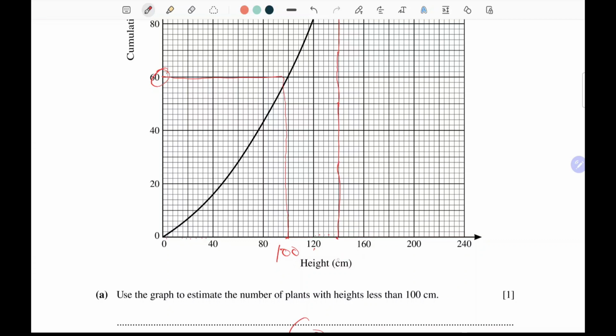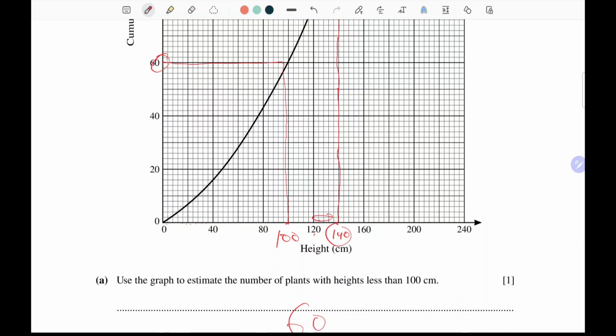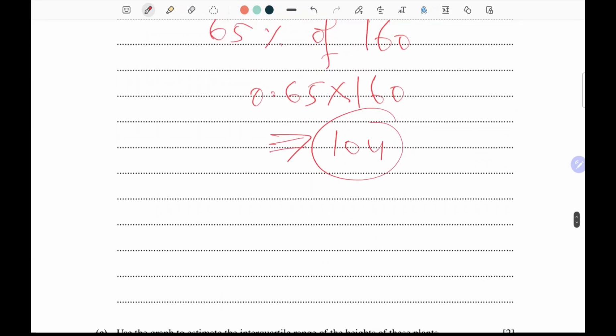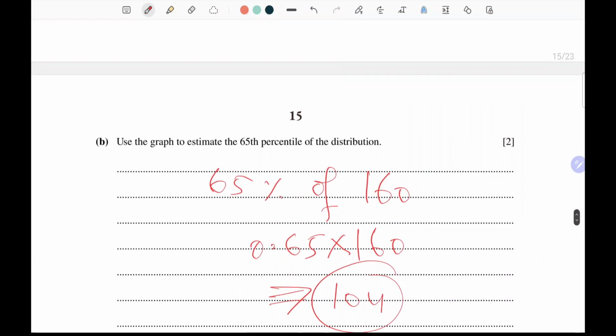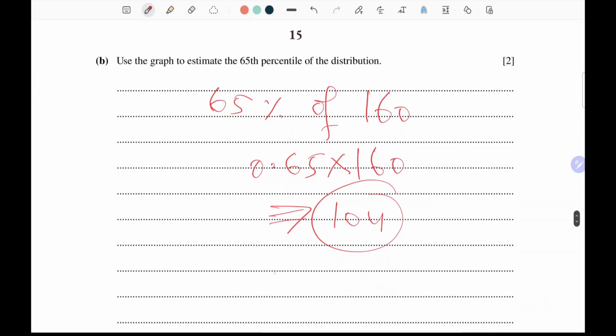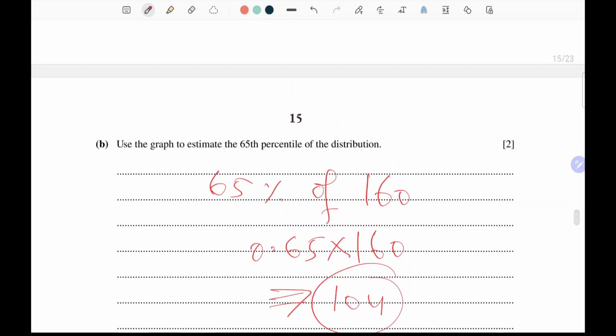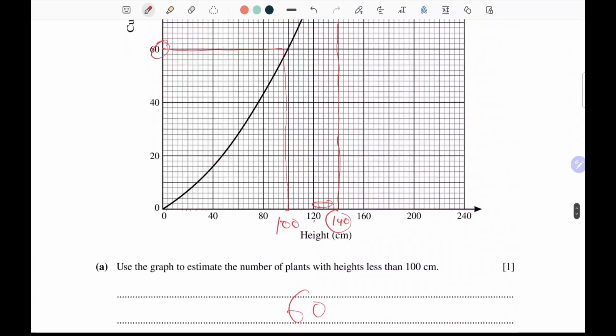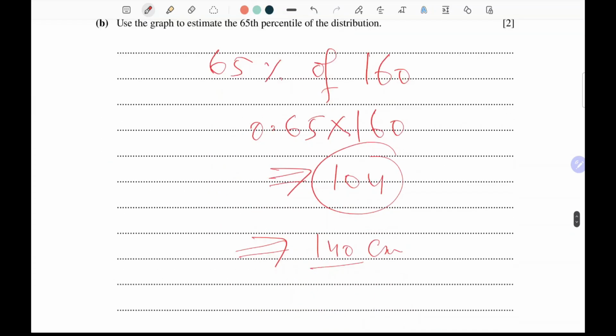So here, oh, how much gap? Yeah, it's 40 gap, right? It comes in the middle. Can I say it's 140 according to me? Yeah, so use the graph to estimate the 65th percentile of the distribution. So that will be, guys, 140 centimeters. Okay, but they will give you some range for this type of question. Okay, next is